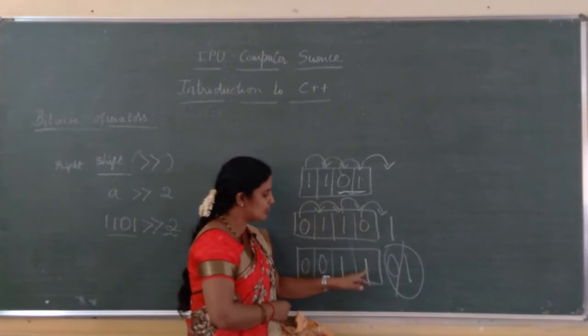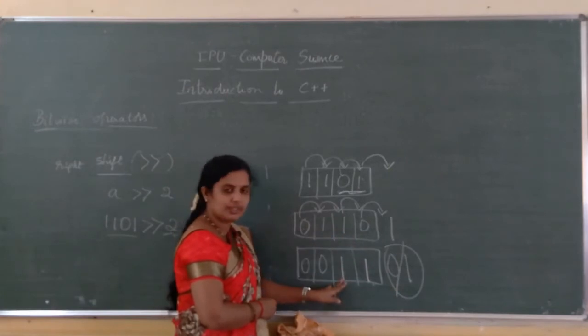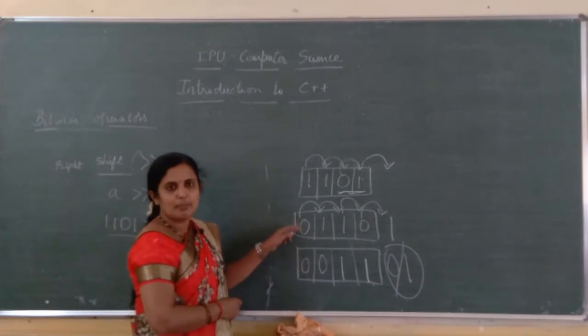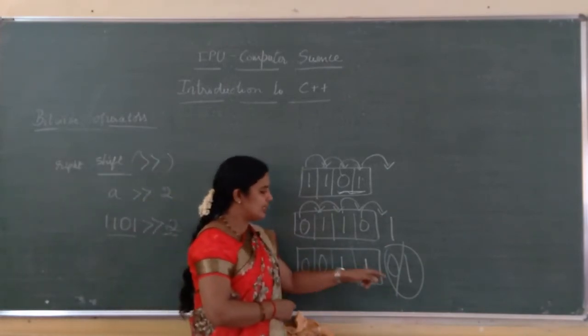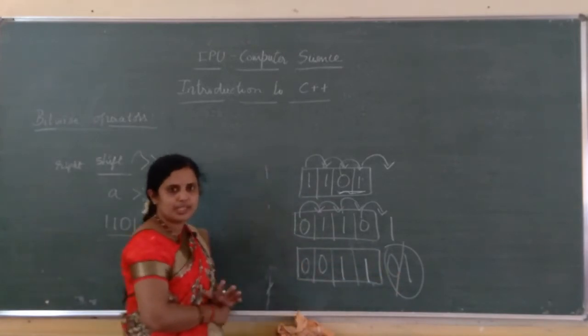So this 0 comes out, this 0 came out of the memory, this 1 moves here, this is the 1, this 0 comes here, and here one space will be left blank, we have to add 0 to that. Okay, so I get 0 0 1 1, just forget about 0 1 which is shifted out of the memory. Okay, is it clear?